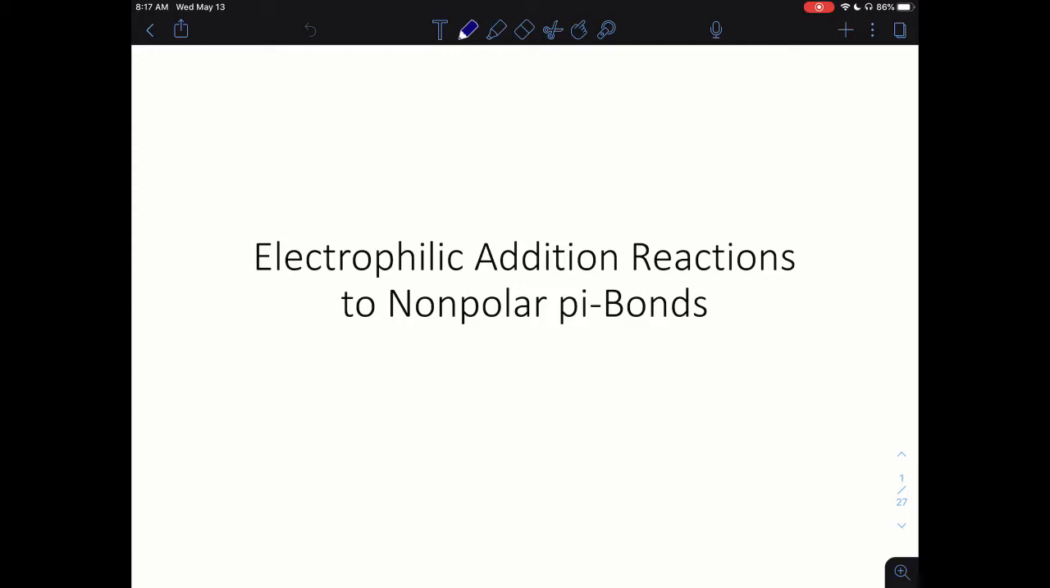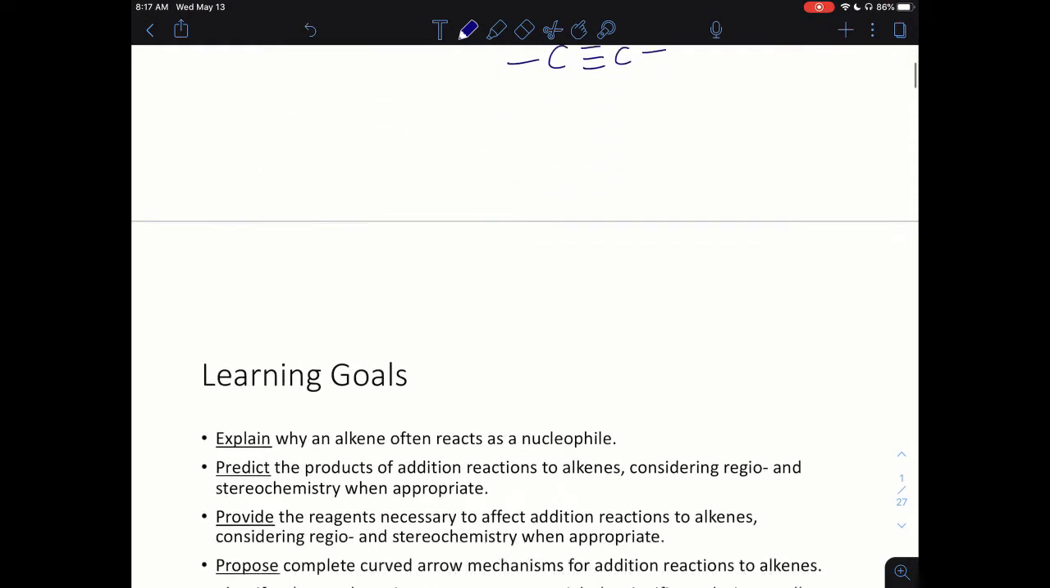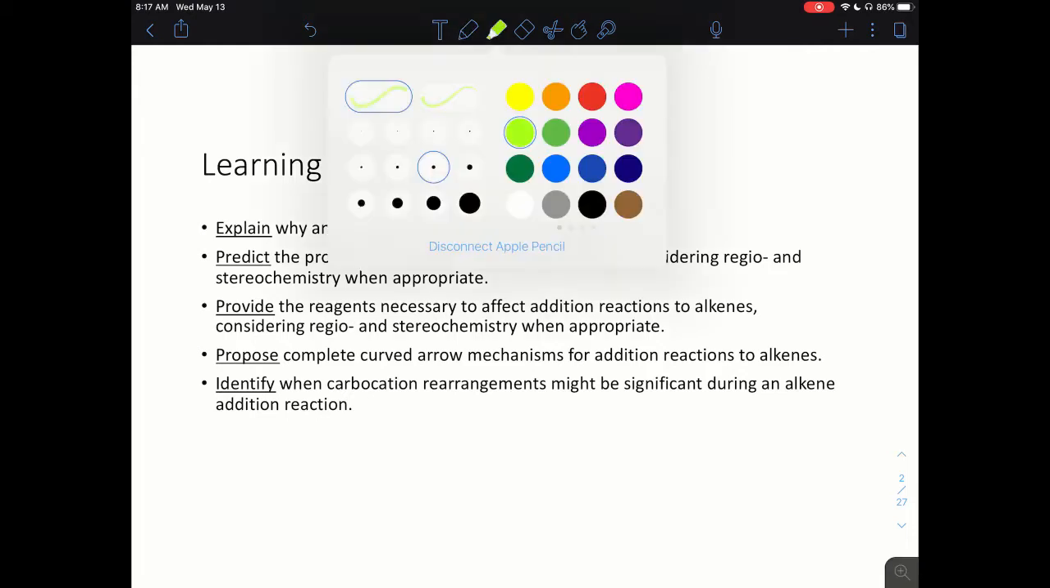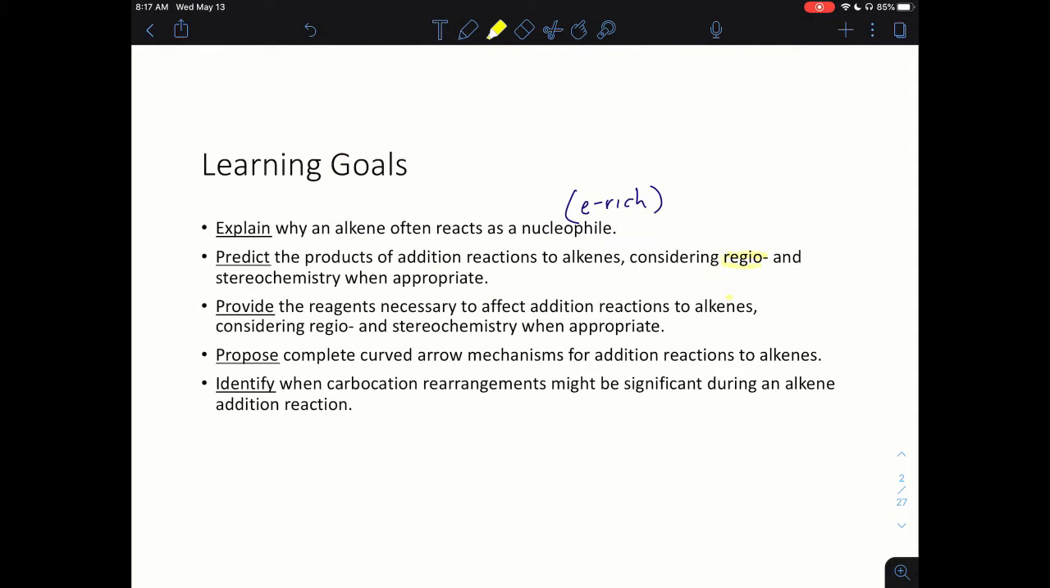In this video, we will begin our discussion of electrophilic addition reactions to nonpolar pi bonds, in other words, alkenes and alkynes. We will explain why alkenes often react as nucleophiles or electron-rich species. We will predict the products of addition reactions to alkenes, considering all the factors we've discussed in the past: regiochemistry,